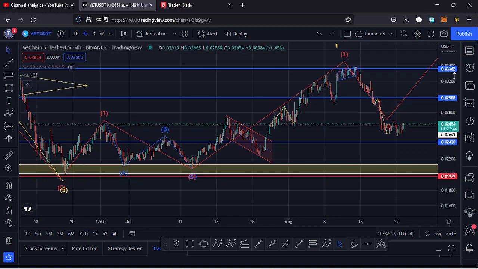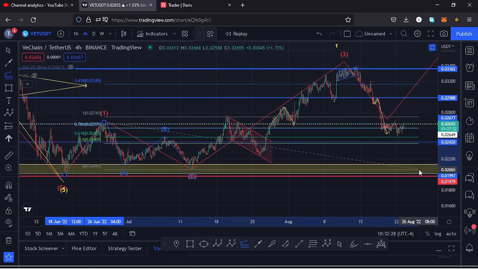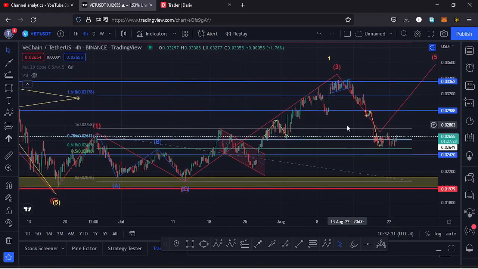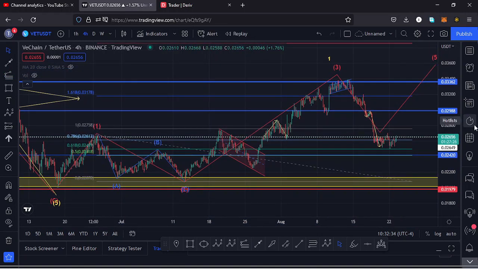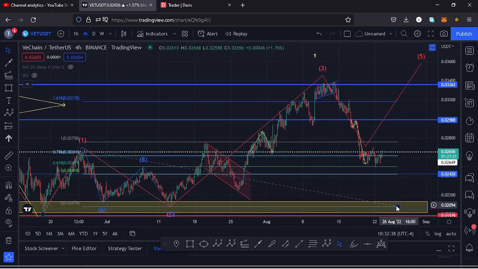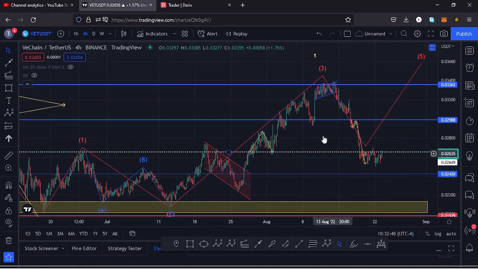Then after seeing that move, we saw a very nice bounce to the upside in the formation of a third wave, and in that movement I had a target area for that third wave to the upside, basing it on the trend-based Fibonacci, connecting the low of the wave 1 to the high of the wave 1, then dragging the fibs to the low of the wave 2. That gave me a target area at around the $0.031 mark, and we maximized that target area. We even overshot that target area to the upside, and we hit a key area of resistance at around the